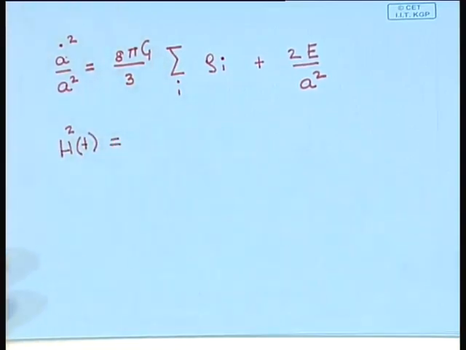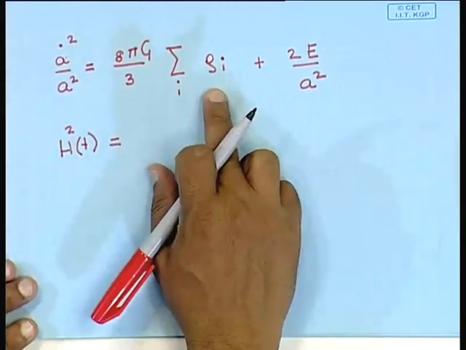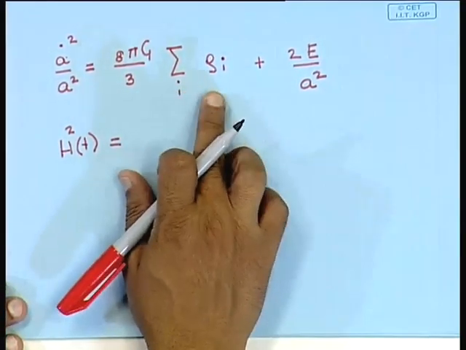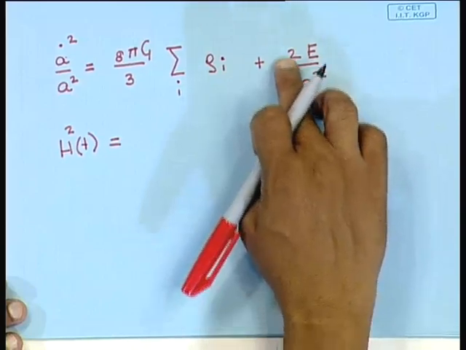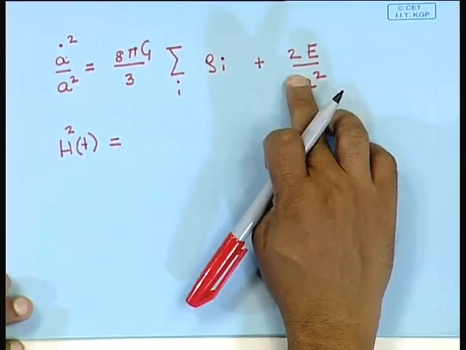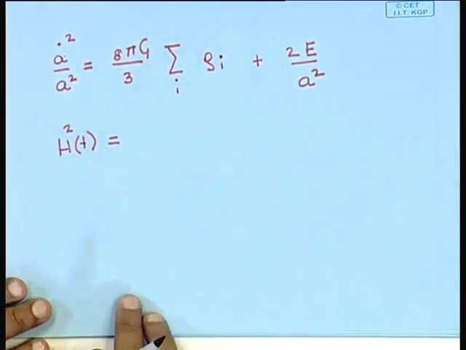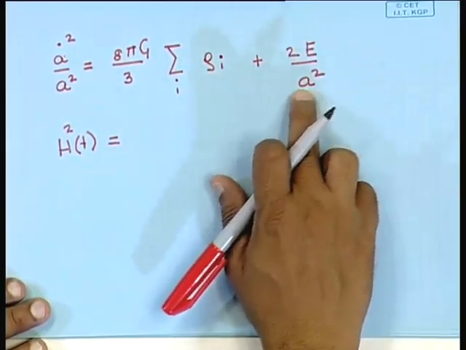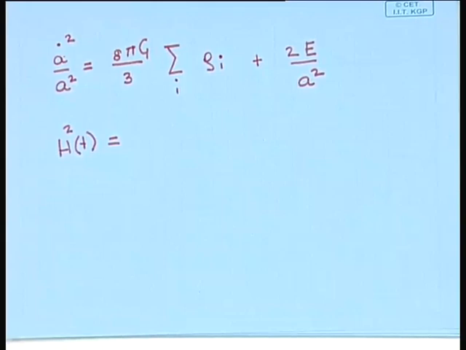On the right hand side, we have one contribution from the densities of the different components of the universe. So, at any instant of time, we have one contribution from the densities of the different constituents of the universe, and we have a contribution from this constant of integration. Now, it is convenient for many purposes to think of this constant of integration divided by a squared, 2E by a squared,